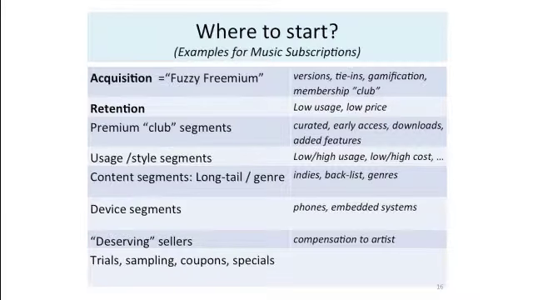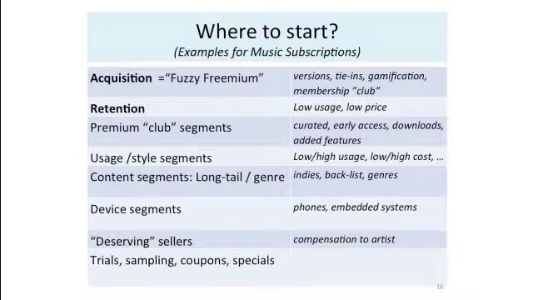So where do you start? This is a slide I won't get into detail, but one way to look at it is over the life cycle of the transaction. You can start at the beginning and use it like a fuzzy freemium, where you don't have a hard line between free and paid. You have this fuzzy FairPay line as to what's free and what's paid for new customers. You can use it at the other end on a retention scheme. If you've got people canceling, you can say, well, wait a minute, we'll try this as a FairPay thing, and there's almost no risk because you've lost them anyway.